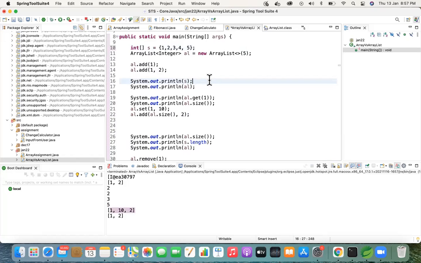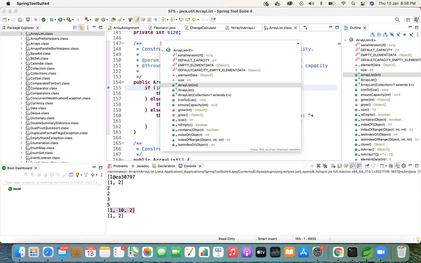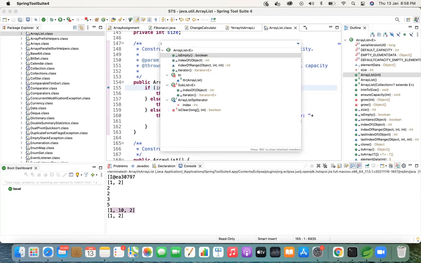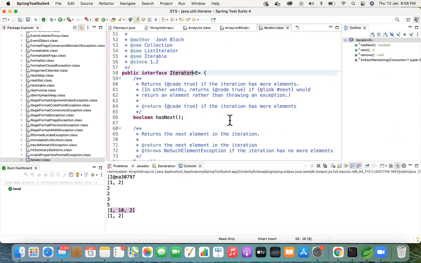If you go to the array list class, the ArrayList.class file, just give Control O and search for iterator, list iterator or iterator. Can you open that method, iterator? Okay. So that internally has a list iterator which is specific only to array list and linked list. So what does this iterator do? Can you open that iterator in the return type? So this is an interface.